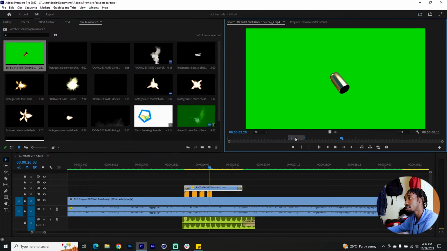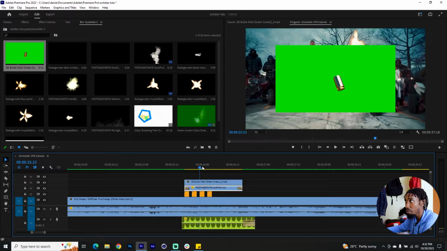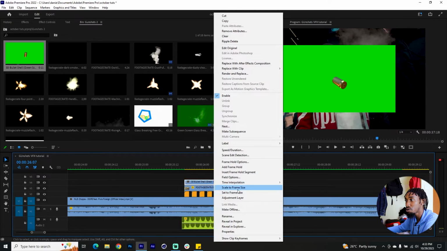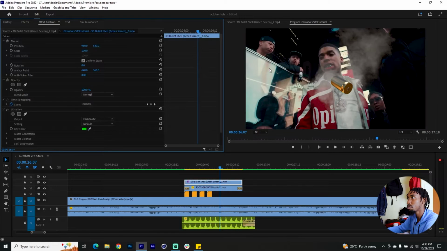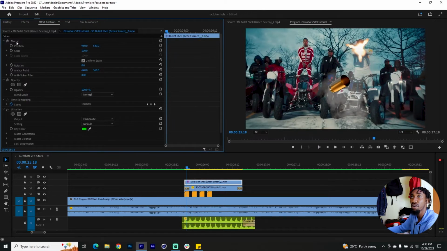some bullet shells coming from a green screen. Okay, drag the video up here, make sure it extends for a period of time. As you can see, it's a 720p. Make sure you scale it to frame size, and then key out the green. Then let's go to the moment of impact. Go to our effect controls, move the position so that it's right where the muzzle flash is at, and then